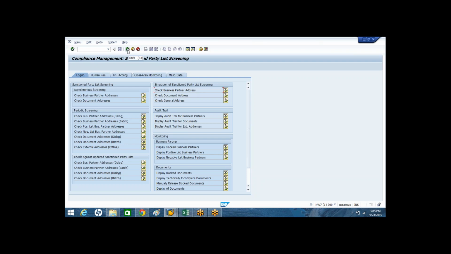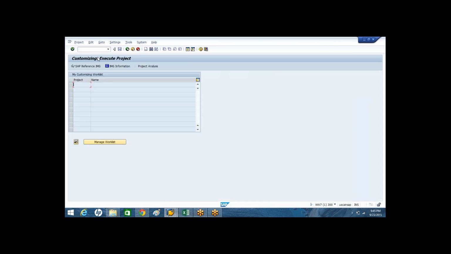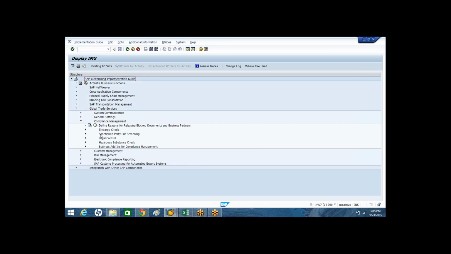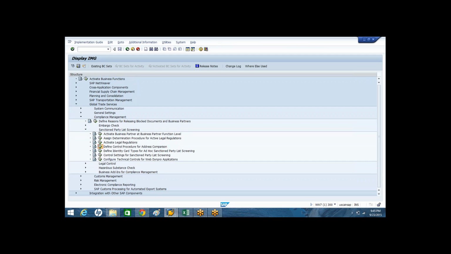In order to explain this, I have to go back. Let me go to SPRO. One setting or one field, I missed out. Let me go back. Global Trade Services, Compliance Management, SPL Screening, Control, Define Control Process.